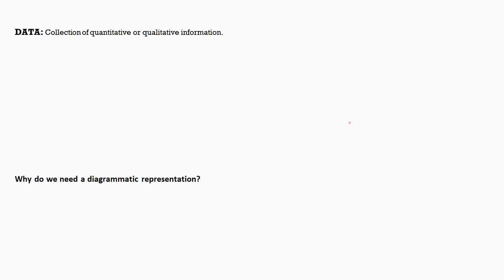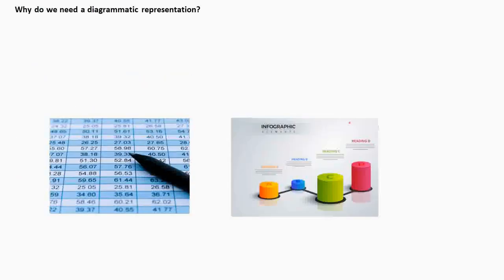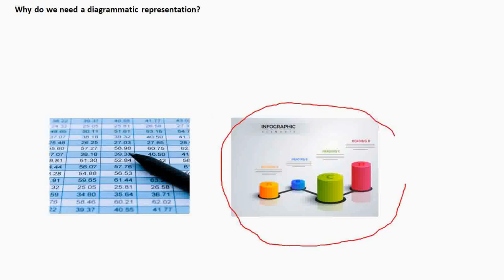So, why do we need to represent data diagrammatically? So tell me guys, which one will you prefer? This kind of raw information or this kind of data representation in form of diagrams? It is obvious that people will be picking this type. It's because this is more appealing to the eyes and also easy to understand. Here we'll have to sit and read each and every line in order to process this information. But this can be understood just by a glance.